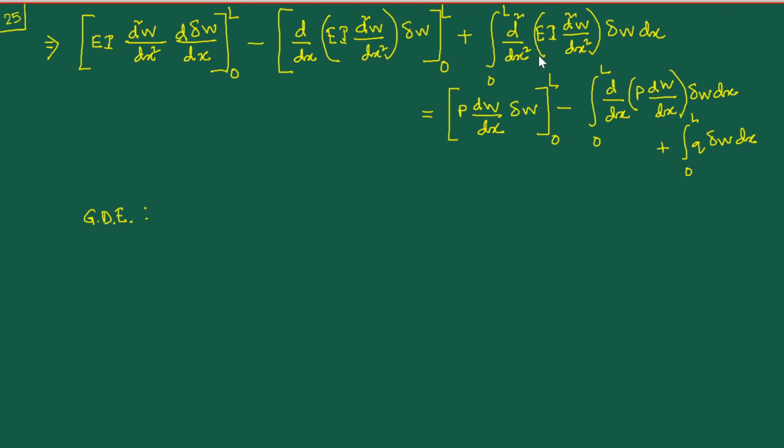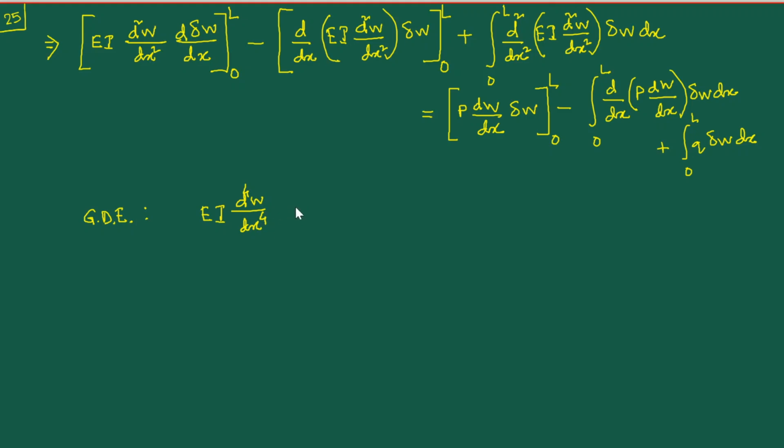So what I have here is this thing involving the delta w, and on the right hand side I have this another integration term involving this delta w. So I'll take them together. I'll also consider the fact that ei is a constant. Okay, so what I have basically from this term is ei d4w